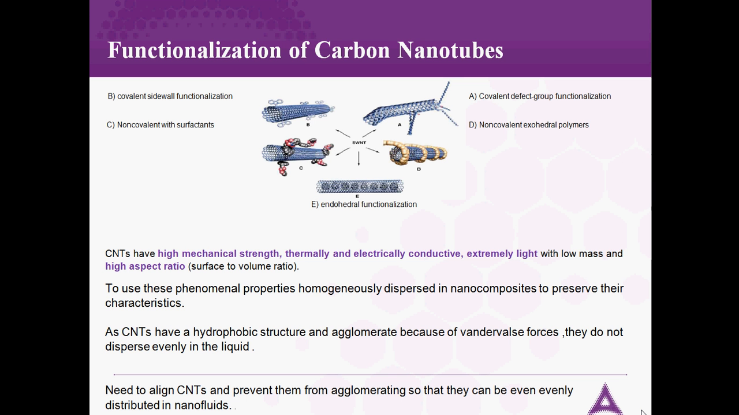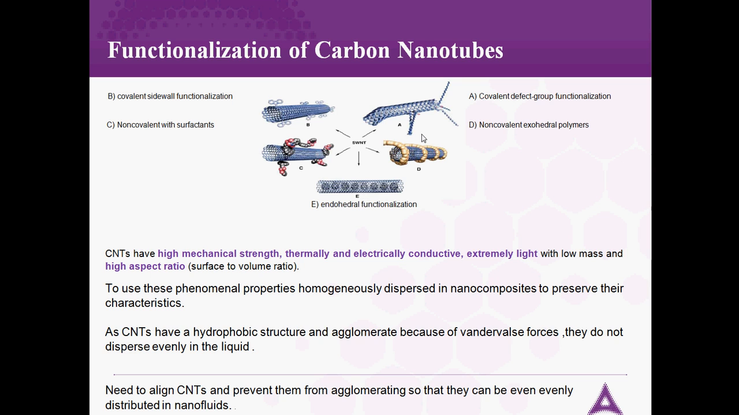In this and coming slides, I'd like to talk about functionalization of carbon nanotubes and different kinds. As you can see in this picture, there are so many ways to functionalize carbon nanotubes, but there are mostly two ways, endohedral and exohedral. Endohedral is just putting nanoparticles, or the particles that we want to functionalize the carbon nanotubes with, inside the carbon nanotubes, and in the exohedral, we attach them to the surface